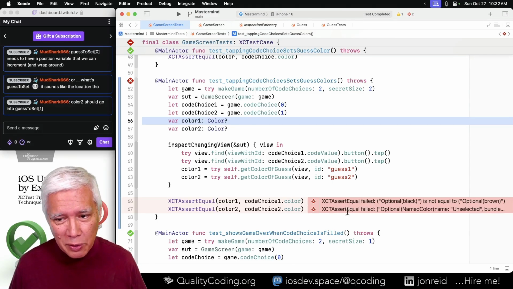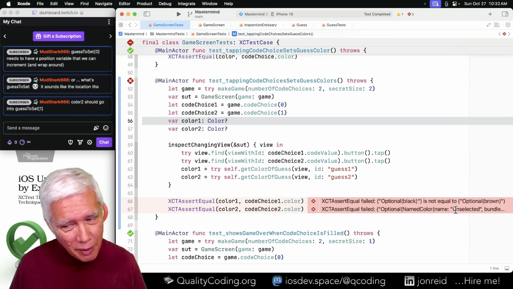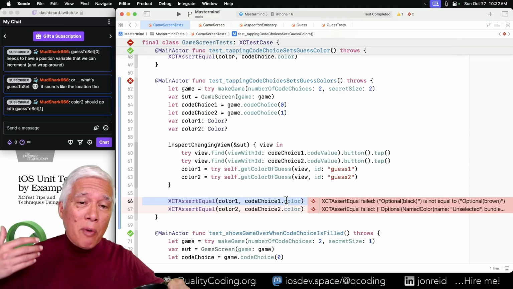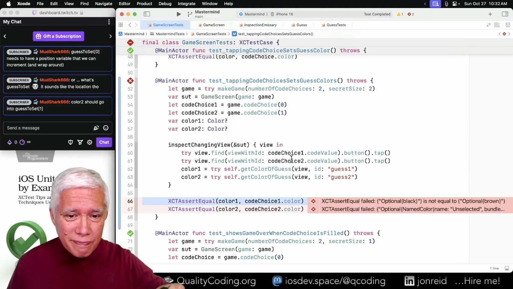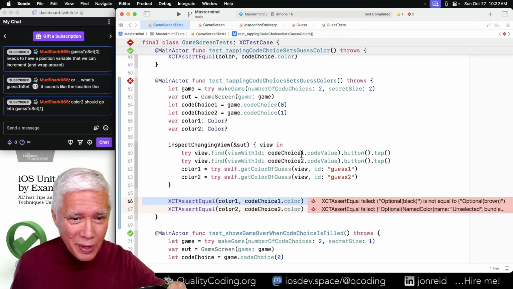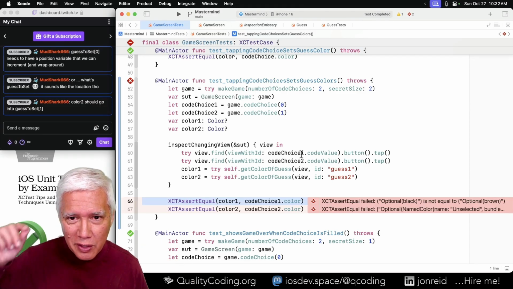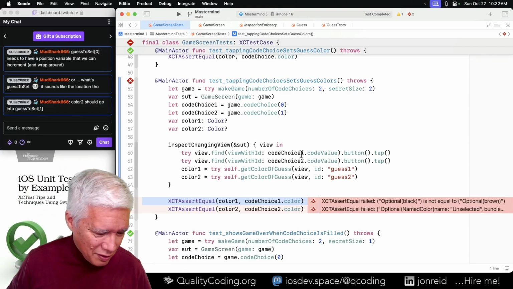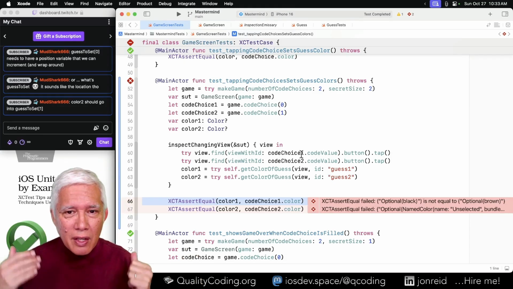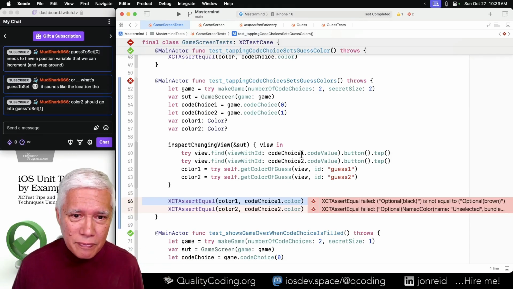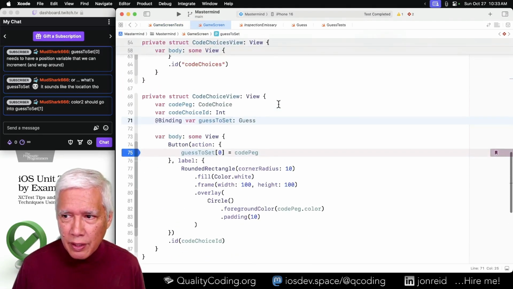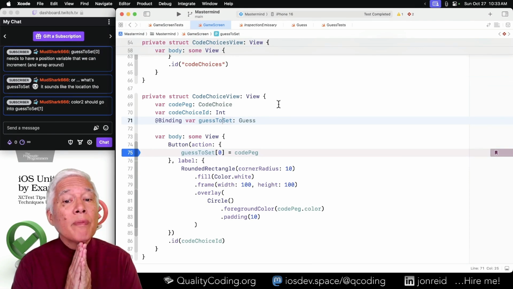So I was a little surprised by the unselected, but then that made sense. But then this one not failing at all, that was a surprise. So that now makes the test better because I really want it to reflect more of reality, not just tap and then take a quick look and remember it and then tap and then look at something else. It's observe everything. So we've got our failing test. Now we should be able to come back here and do something.